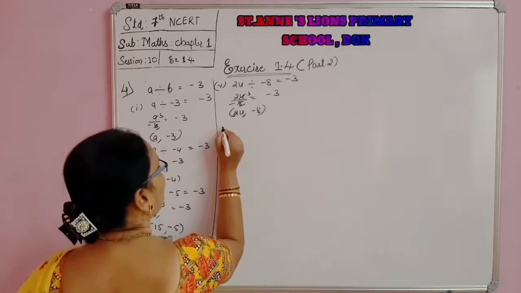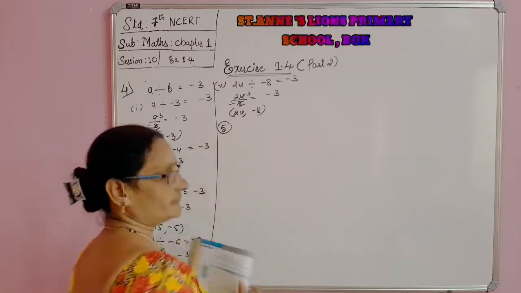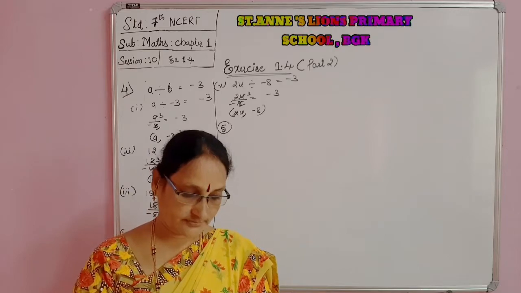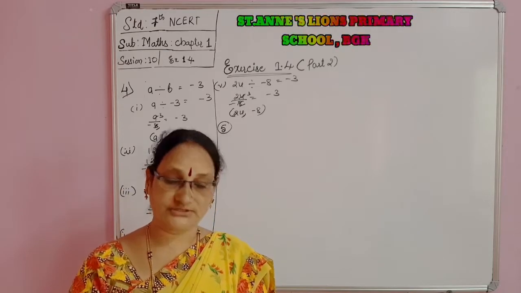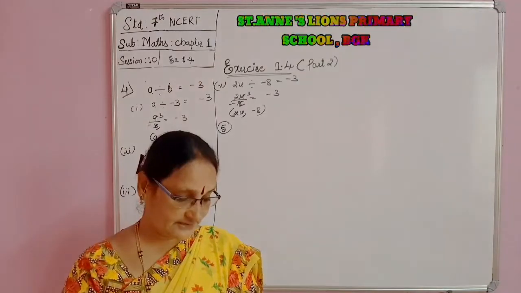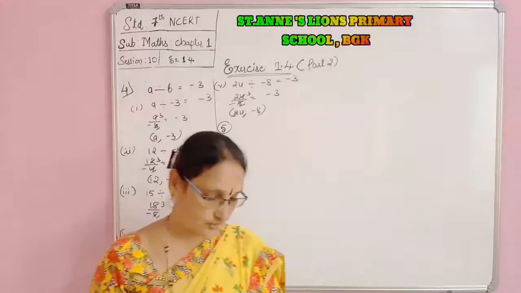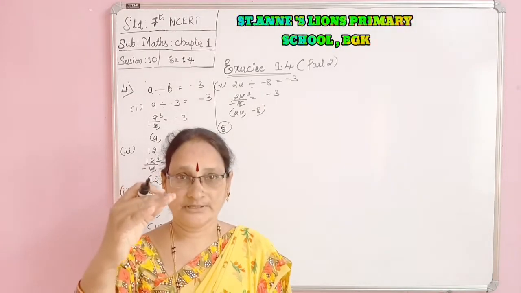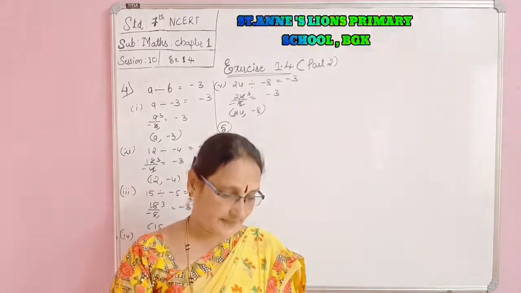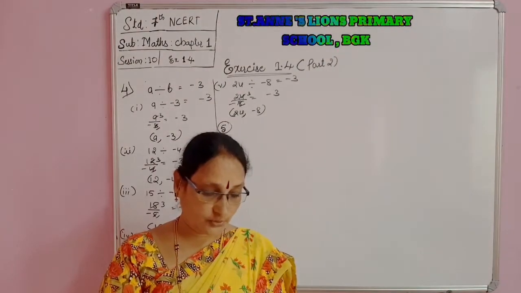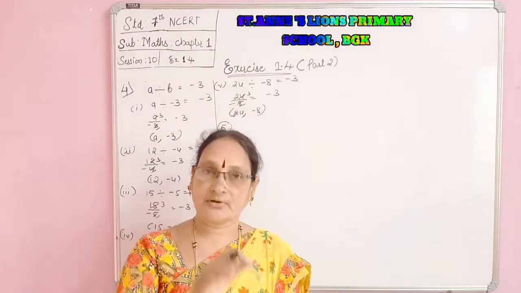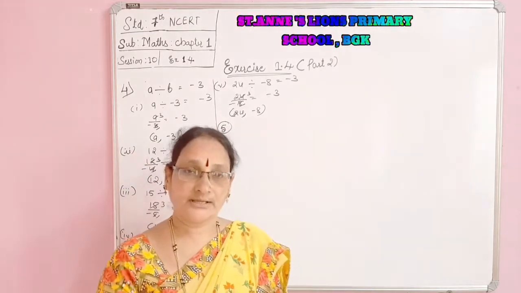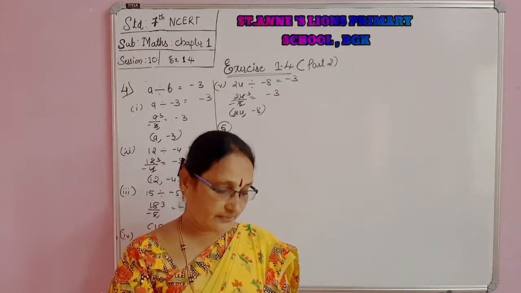Then the fifth problem is, first I will read and make you understand. The temperature at noon was 10 degrees Celsius above 0. What time is it? 12 noon, afternoon 12 o'clock. The temperature was 10 degrees Celsius, above 0, that means positive temperature. If it decreases at the rate of 2 degrees Celsius per hour, from 12 noon onwards it goes on decreasing. Decreasing means going toward negative temperature.